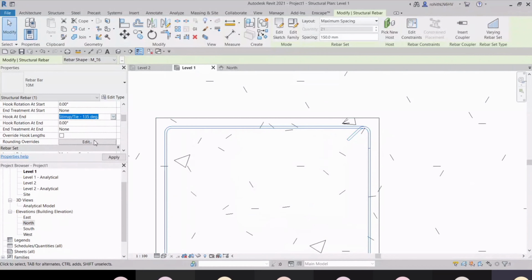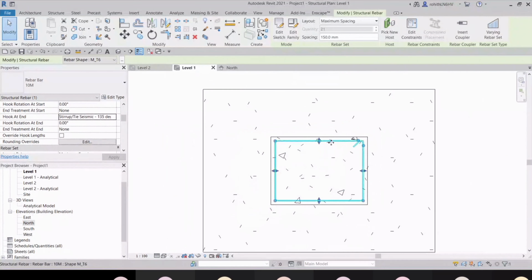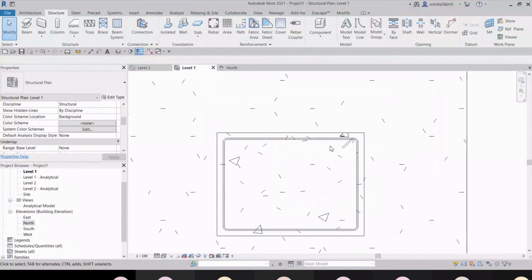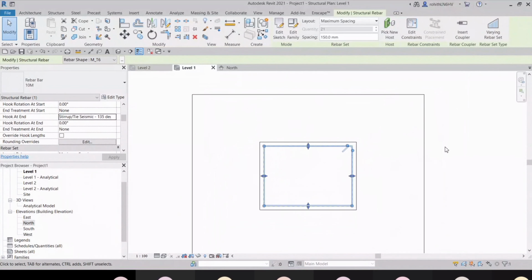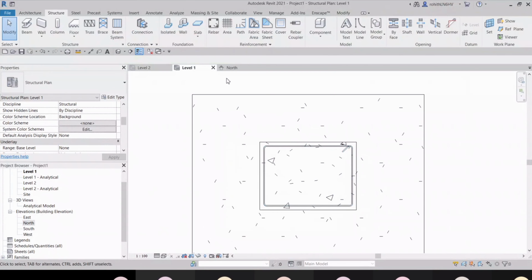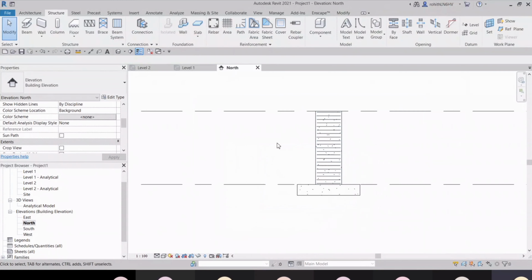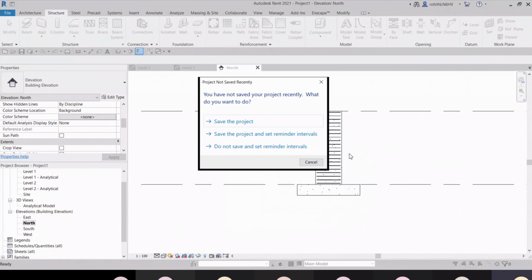Just a second. Let me check from the north and let me check from the 3D.